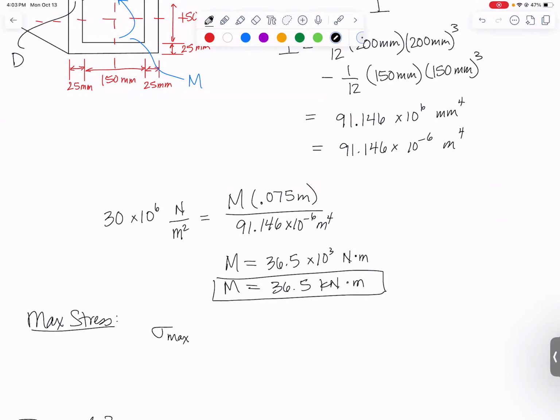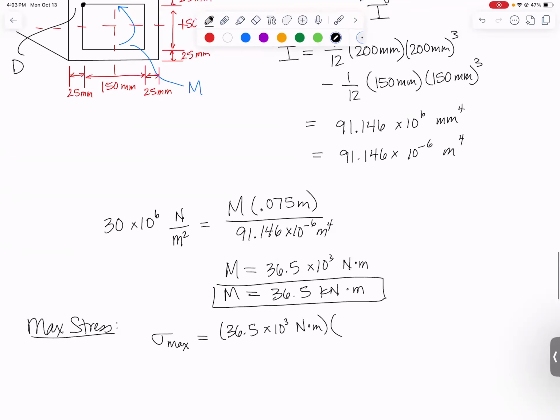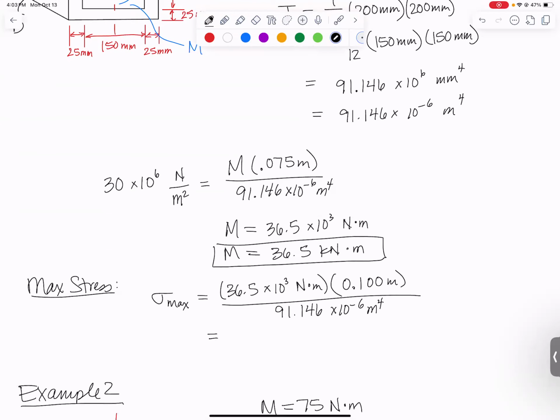Sigma max is going to be your moment, which we just found, 36.5 kilonewton meters, or times 10 to the third Newton meters, if you want everything in base SI units. The distance from the middle to the top or bottom is 100 millimeters, or 0.100 meters. And our moment of inertia is still 91.146 times 10 to the minus 6th meters to the fourth. And this comes out to be